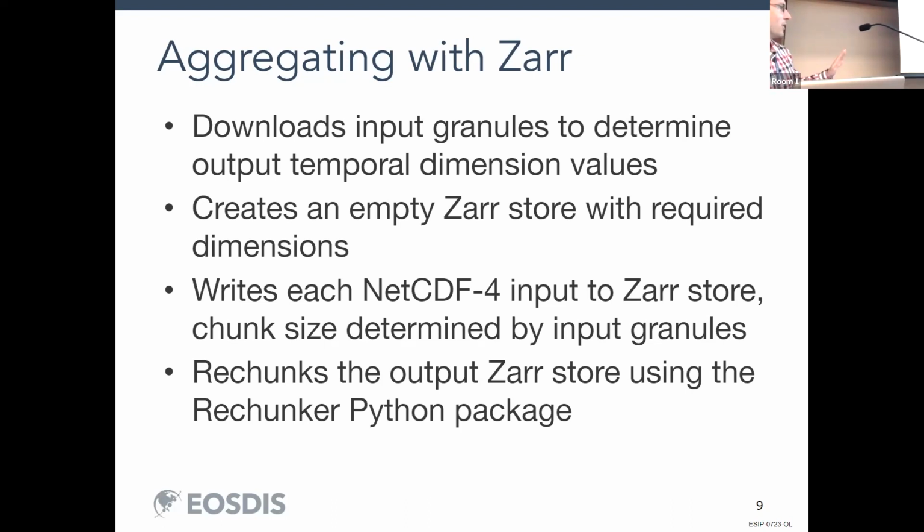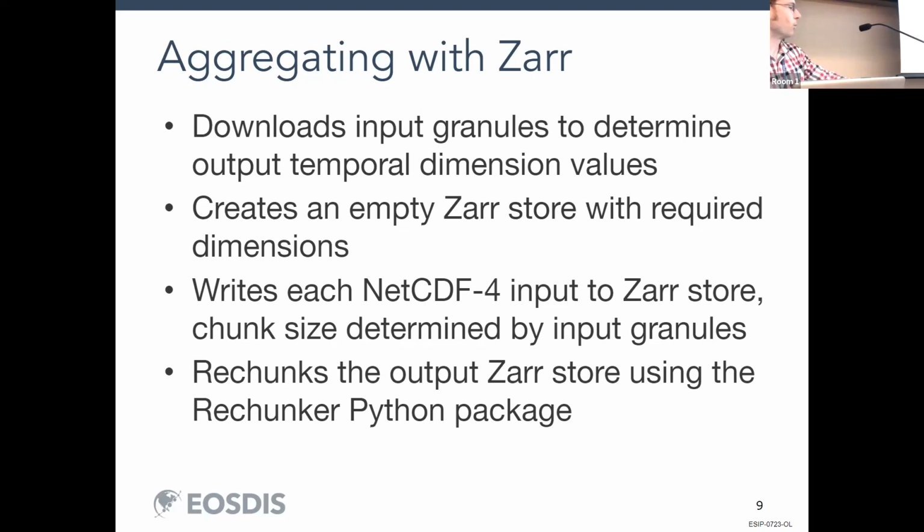So maybe you can write it well the first time, but then the second half that you're writing, you have to read all of that back in and then update it and then write it out. And that's terribly inefficient and can make your service really, really slow. So to avoid that, when we're initially doing the write, we base the chunking around the input granule